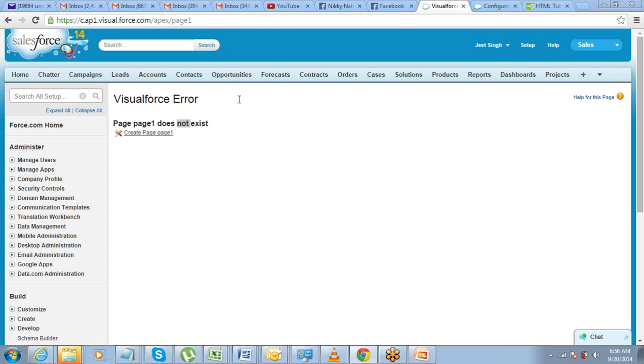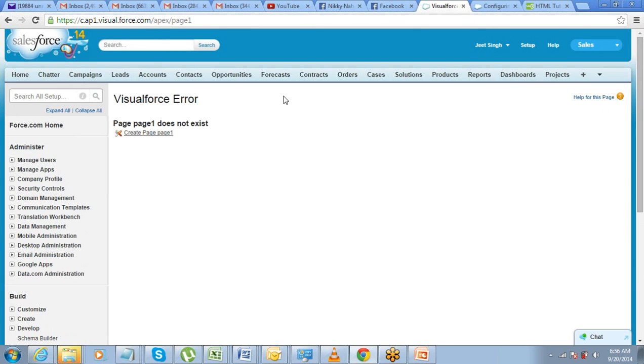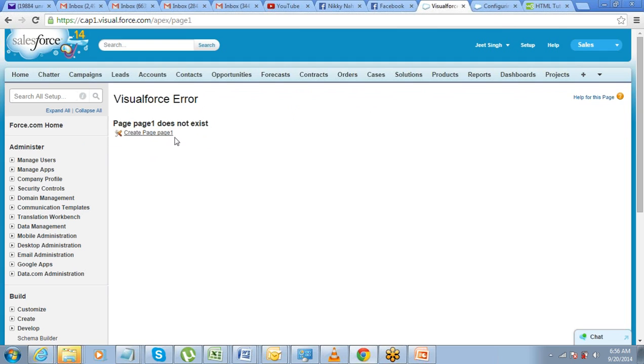Okay, so you come here and then you will see this option that your Visualforce error will be thrown saying that the page does not exist, and then it gives you an option of creating the page. So you will simply click on this button, it will create the page. That's it. So this is one more way of creating a Visualforce page.